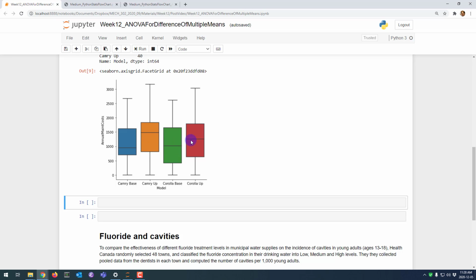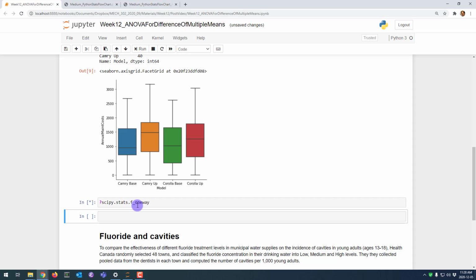How different are the means, medians here, but means graphically, and how wide are the error bars across all the groups? Those are the two things that factor into whether the means are significantly different or not. All right, so what do we actually use for the statistics on this? Well, it's going to be the SciPy function with statistics, and again, you can Google this to track down the